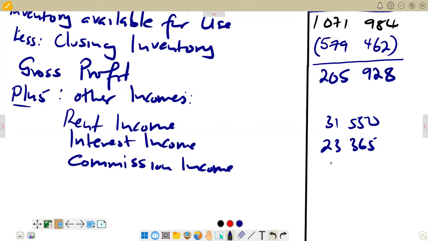And the figure for commission income is 29,455. And obviously, those are the incomes that we have. So we can cross here to add them so that the total comes in line with other income. And then if you add three, the answer that we're going to get there is